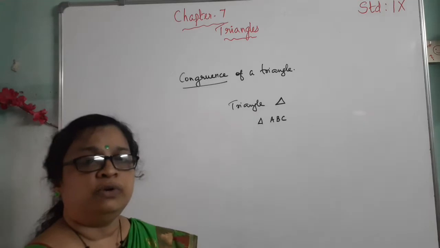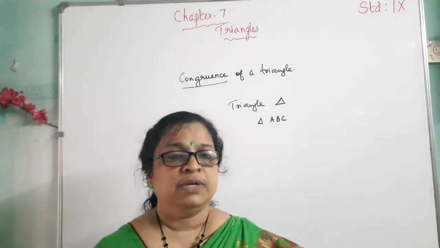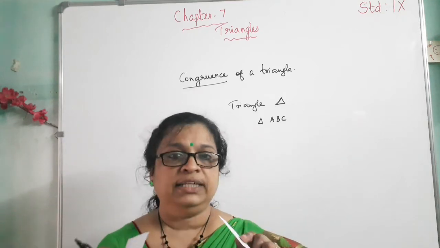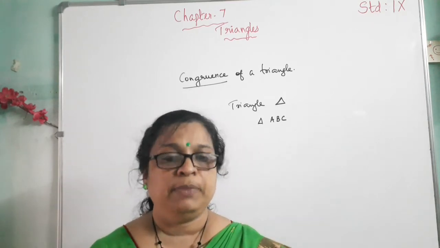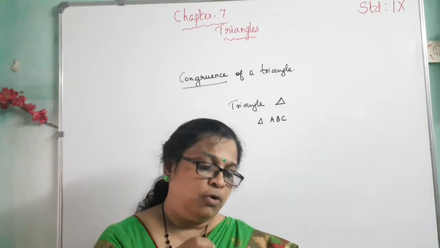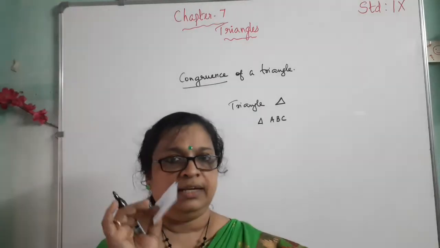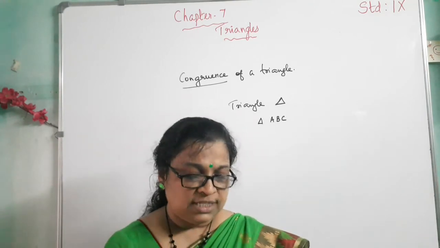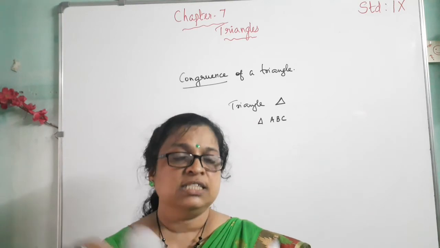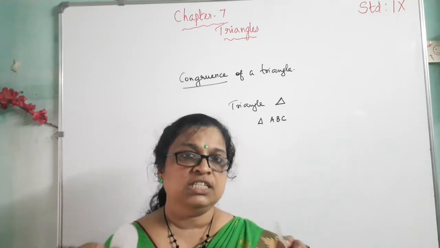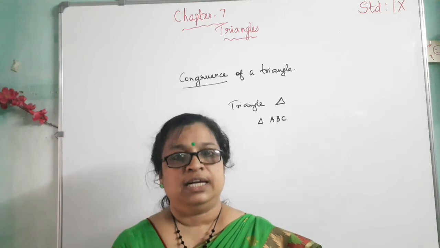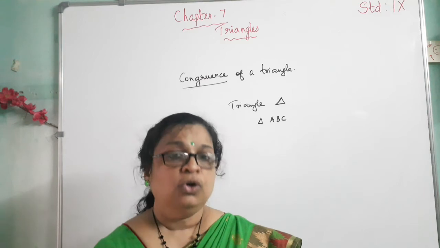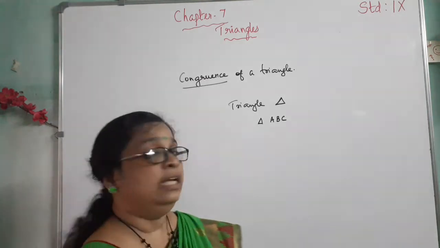What do we mean by congruence? Congruence means in all respects they are equal, that is, equal in shape and equal in size. Here I cut 2 rectangles. These 2 are equal in shape and size. If I put one above the other, it seems to be one rectangle, that is, it completely covers the other one. Then 2 circles, I also cut 2 circles. These 2 have the same radius, so we call them congruent circles. These rectangles we call congruent rectangles. And also triangles. In this lesson we study triangles.